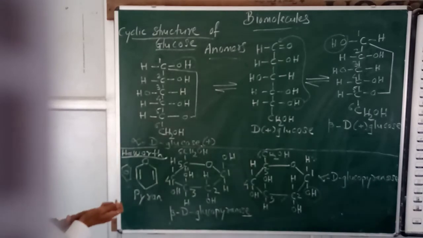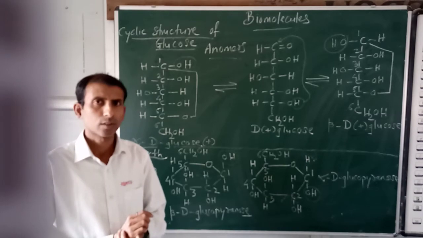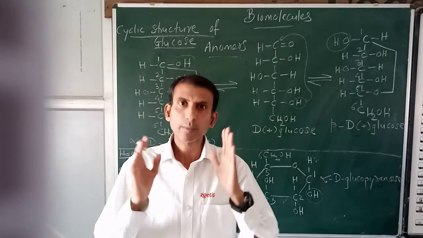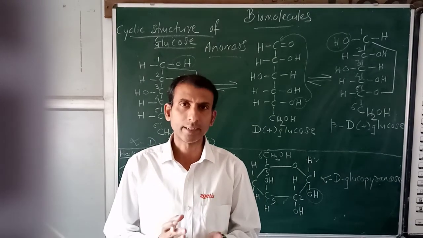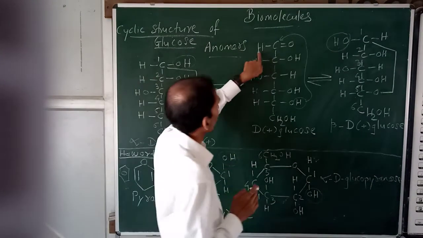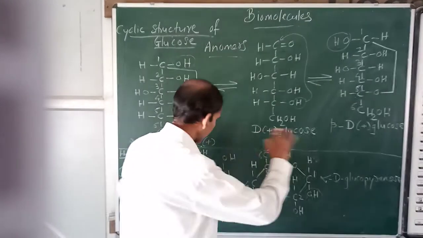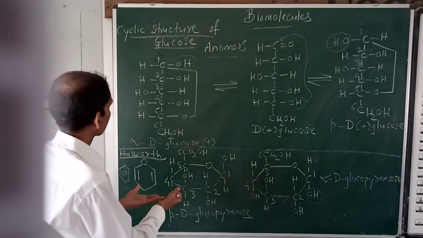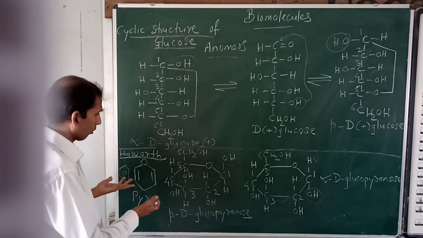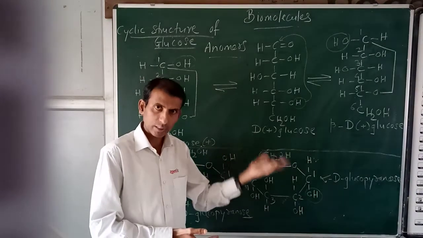So here today only we have completed the cyclic structure of glucose, which is an aldose. Aldose, what does it mean? These terms you should not forget. Aldose means it is an aldehyde, a sugar which is containing aldehyde group. Correct, no? CHO. What is CHO? Aldehyde group. And glucose is a sugar. So these are the structures, cyclic structures, and then Haworth projection formula for structure of glucose, pyranose structure of glucose.